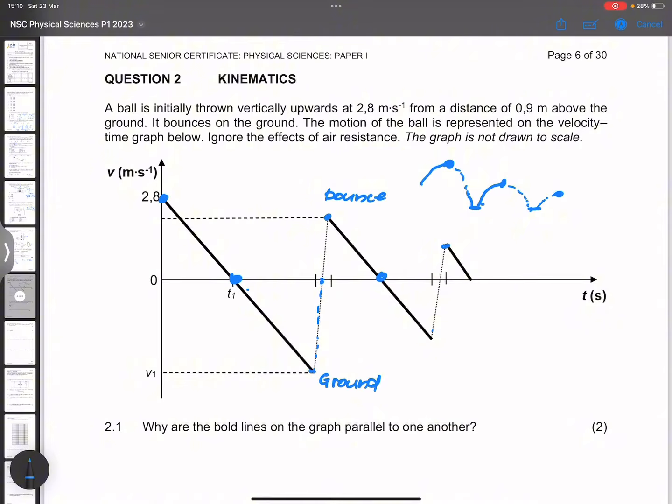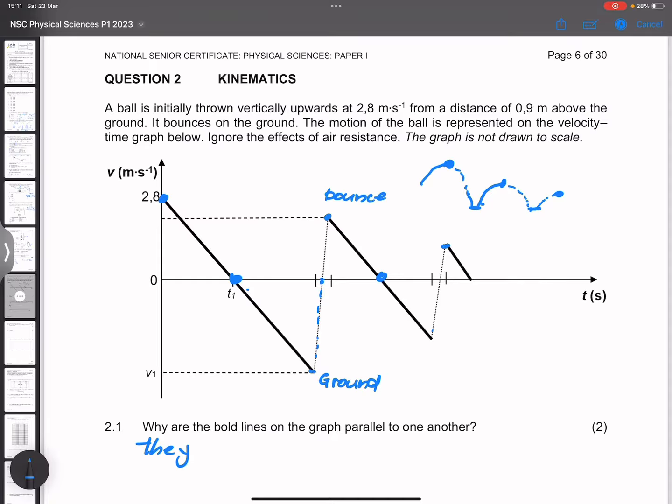Now they say to us, why are the bold lines on the graph parallel to one another? Now remember, what do these actually represent? They represent the motion of the ball when it is moving under free fall, right? When it is in free fall. This is when gravity is the only force acting on this ball, right? So why are they parallel? Because they represent